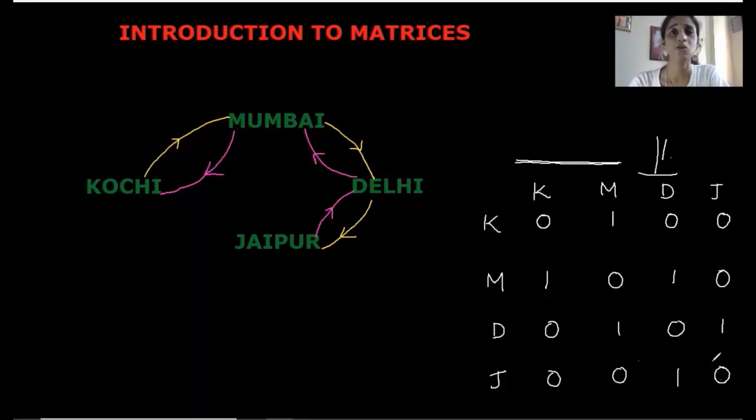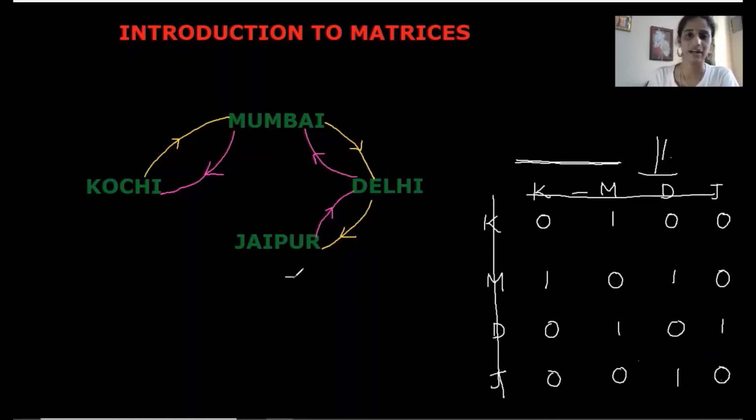Okay. But to make it simpler, what we are doing is we are just eliminating these row names and column names in a matrix form. In matrix form, we will be eliminating these row and column names and we will enclose this data. This entire data will be enclosed within closed braces like this. 0, 1, 0, 0, 1, 0, 1, 0, 0, 1, 0, 1, and 0, 0, 1, 0.